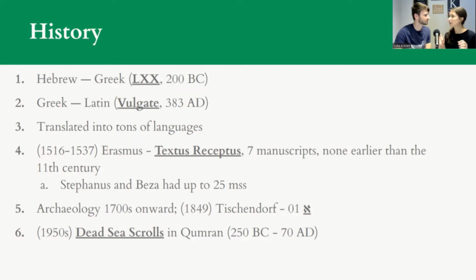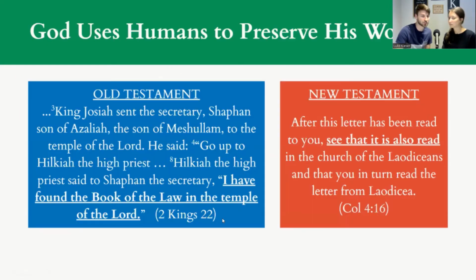So you said there's 5,000-ish today. Is that split between Old and New Testament, or are there more Old Testament manuscripts? That's only New Testament. So why are there so many more New Testament manuscripts than Old Testament manuscripts? That's especially true before the Dead Sea Scrolls. The Dead Sea Scrolls open that up. But in general, I think it comes down to a difference in how they were preserved.